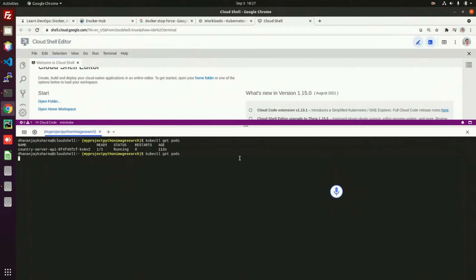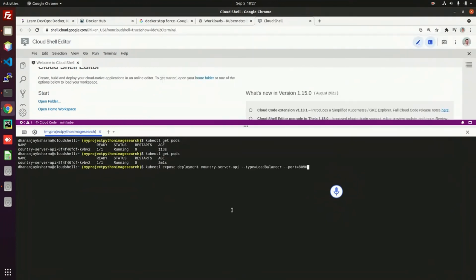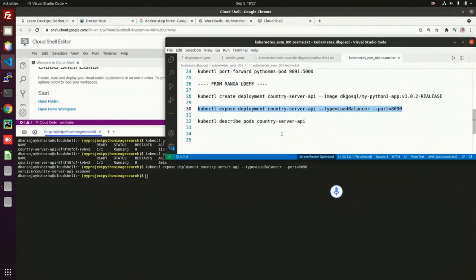You can see here now the cluster is ready. Okay, so same we have to expose, using the command kubectl expose deployment name, type load balancer and then the port. See, this is also exposed.